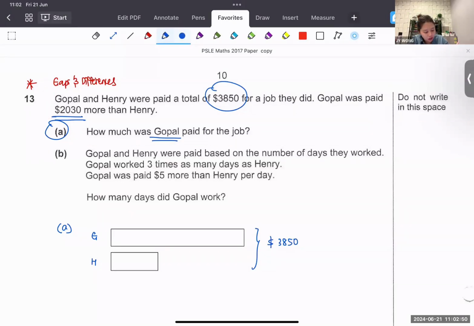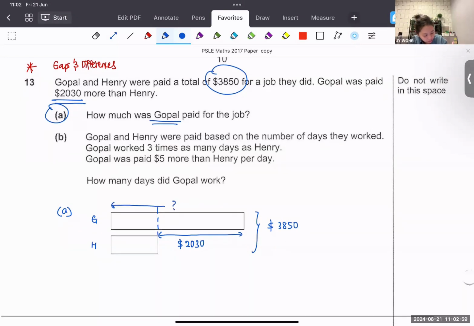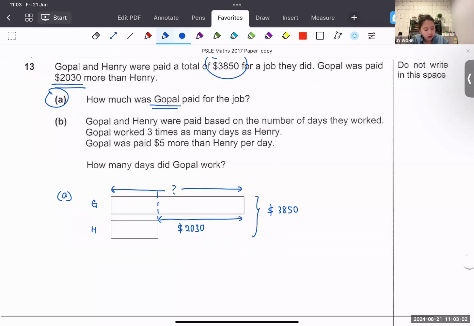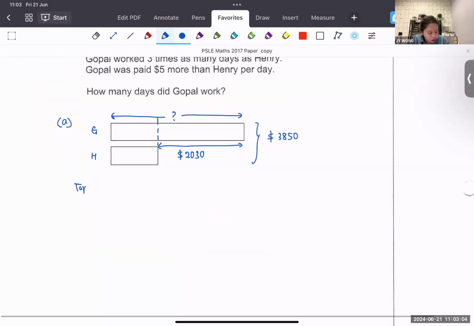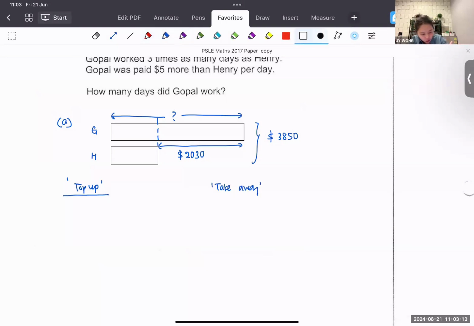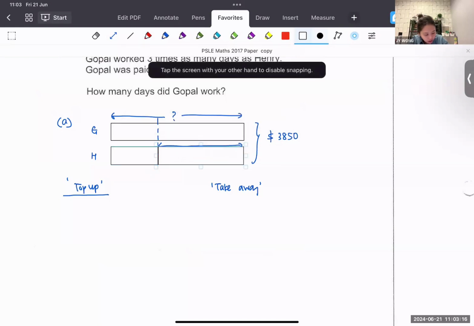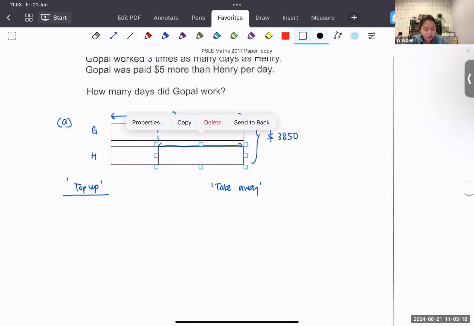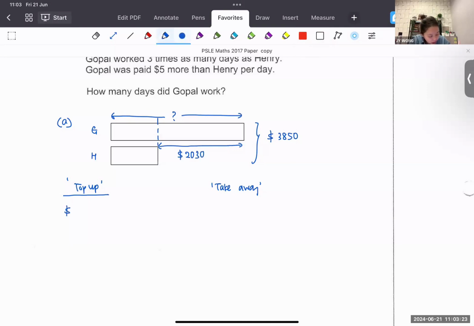Because why? If you were to cut this and label this as $2,030, you are supposed to find Gopal. There are 2 ways. Either you use the top-up method or you use the takeaway method. I will go through both. So top-up method means that you will top up this part to make the 1 unit become Gopal. So I will find the bigger unit. If I top up, it means that I need to add